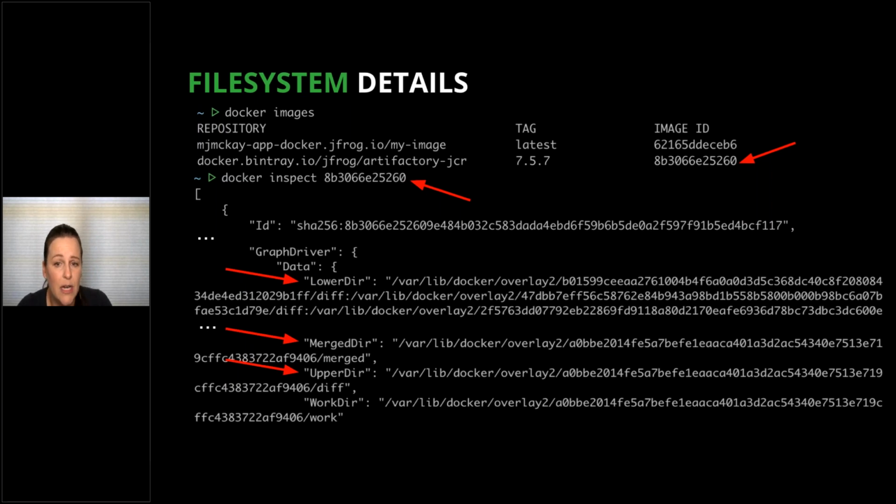The lower dir directory contains all of the directories or layers that were used to build the original image. These are read-only, important to remember that. The upper dir directory contains all of the content that has been modified while the container is running. If modifications are needed for a read-only layer in lower dir, then that layer is actually copied into upper dir, where it can be written to. That is not read-only. And this is actually called a copy on write operation. When you start getting familiar with Docker, you will come across that term frequently.